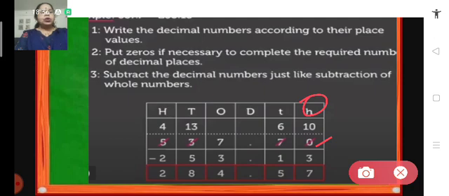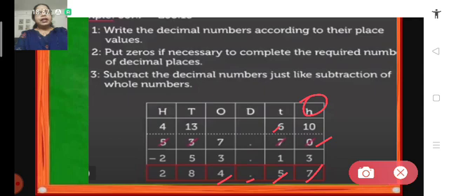Here we have 0. So 1 will be borrowed from tenths and it becomes 10. So 10 minus 3 becomes 7. Now we have 6 left in tenths. So 6 minus 1 becomes 5. Then we put the decimal point, then move on to ones place. In ones place we have 7. 7 minus 3 becomes 4.